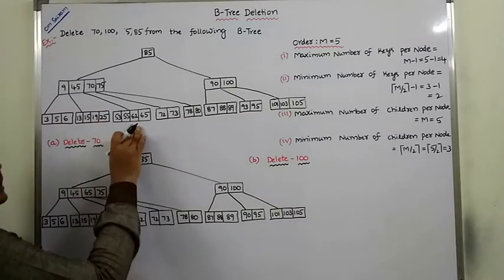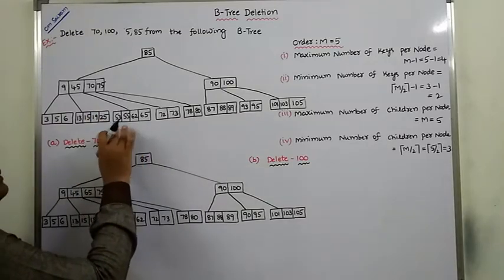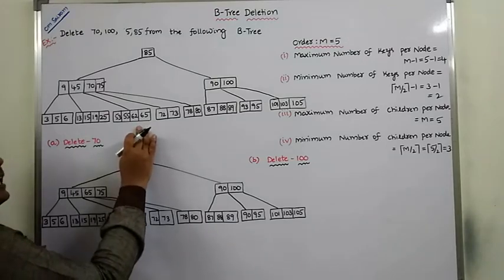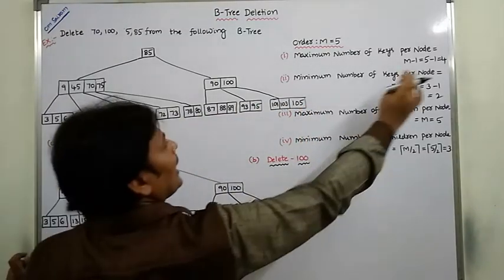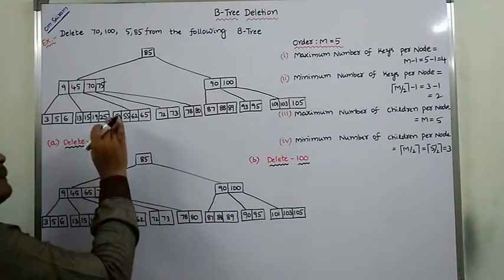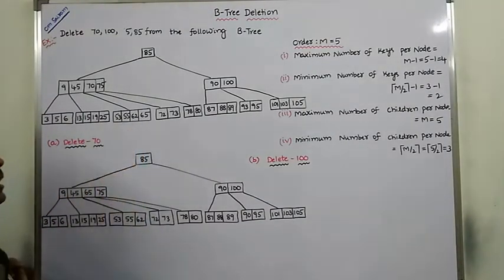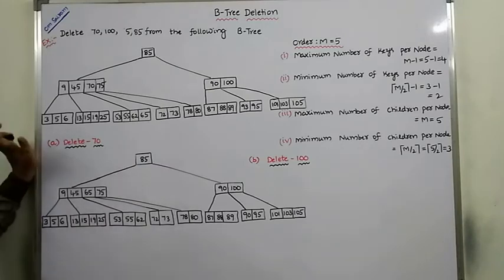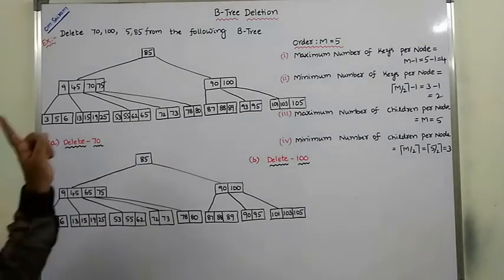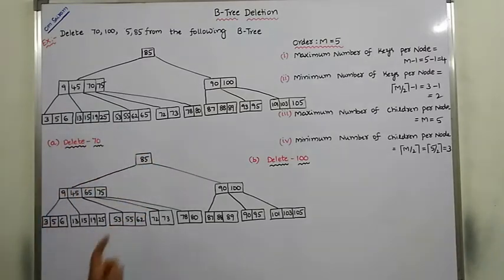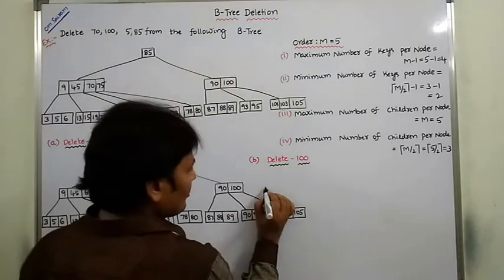Here after taking 65, how many key elements does this node contain? 3 key elements. The minimum number of key elements per node is 2, but this node contains 3 key elements, so our procedure is correct. After deleting 70, this is the B tree we are getting. Next, from this tree,